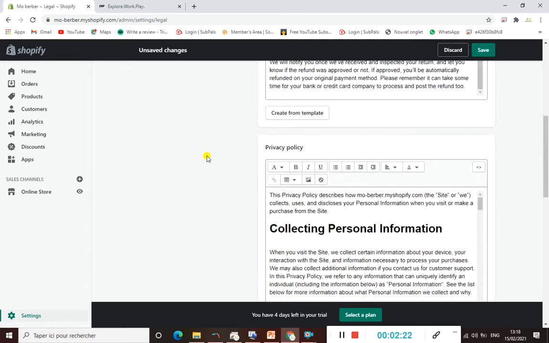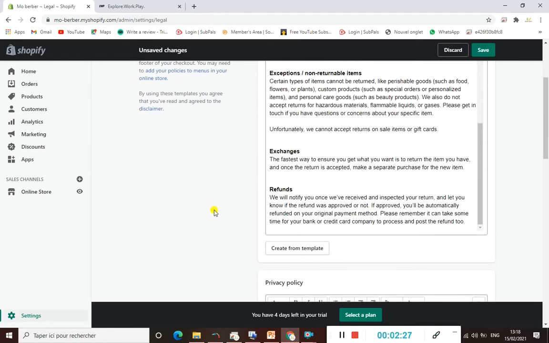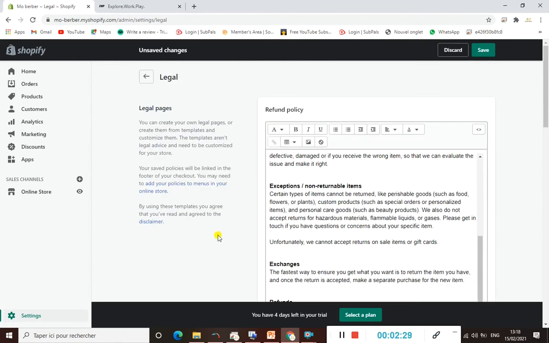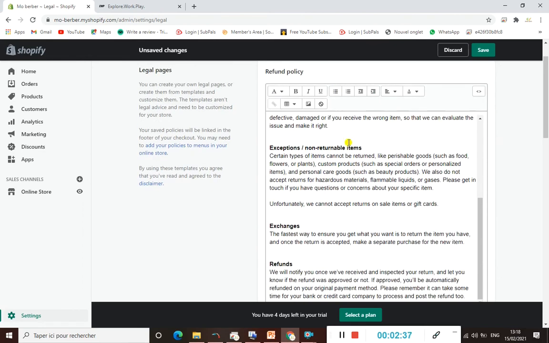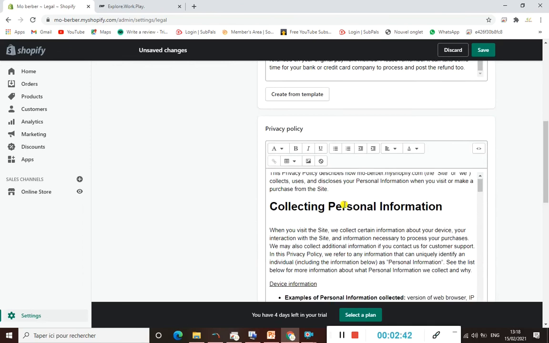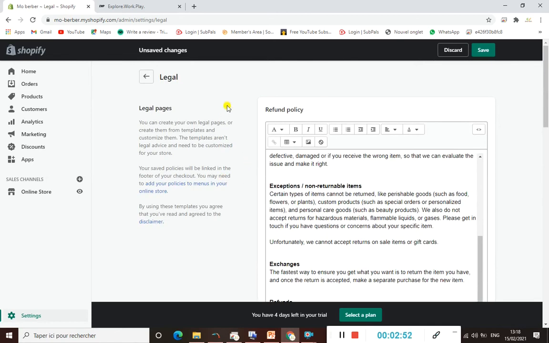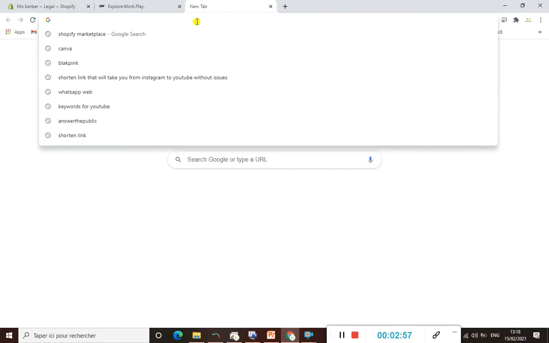I know that you are a beginner to this business guys, and I believe so. So I am coming with great ideas that will help you. If you don't like this template, or you find it hard, or for example about shipping policy you don't know what to write there, I have one way for you. The only thing that you have to do guys is to go to Google and search for